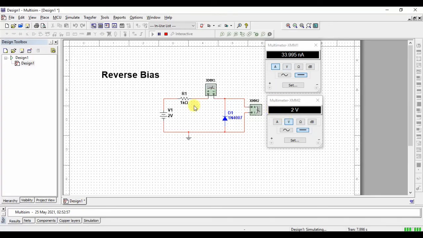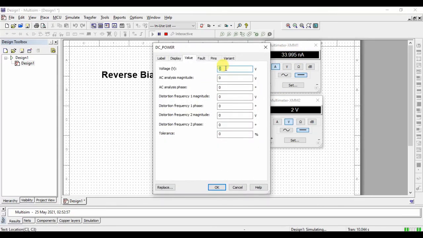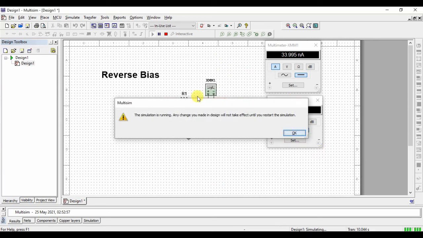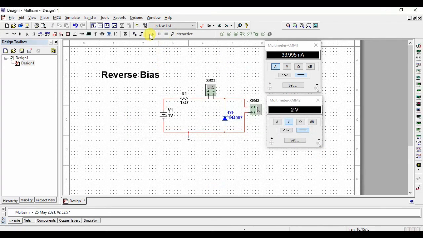But here you can observe that the voltage across the diode is the same as the input voltage, but the current is changed. So let us give 1 volt. Let us see in this condition how much current flows. Approximately that current only. There is not much change in the current. But here the voltage across the diode is also the same as the input, approximately 1 volt. Like this we are going to get.